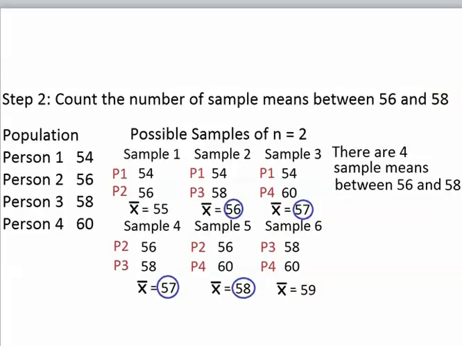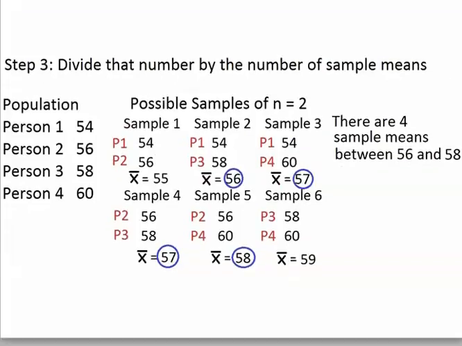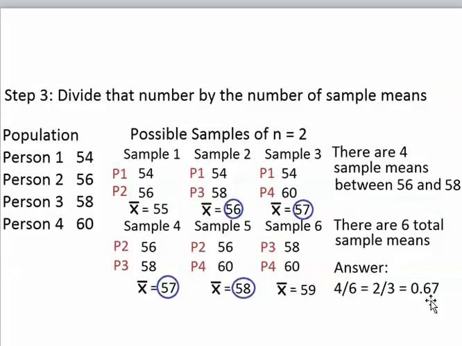In step 3, we just divide 4 by the total number of sample means, which is 6. And our answer comes out to 0.67. When you divide 4 by 6, you get 0.67. And as a fraction, our answer is 2/3. And that makes sense because 2/3 of the possible samples have a sample mean between 56 and 58. If 2/3 of the possible samples of 2 people have a sample mean between 56 and 58,